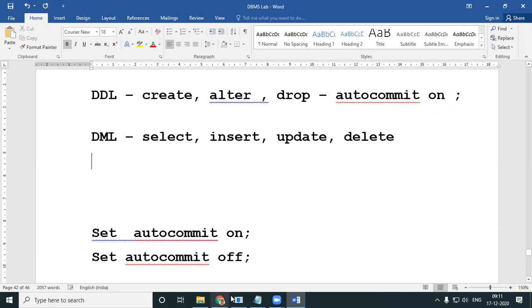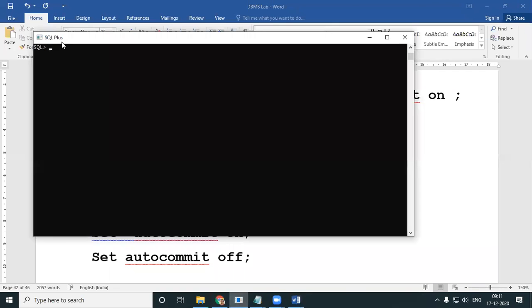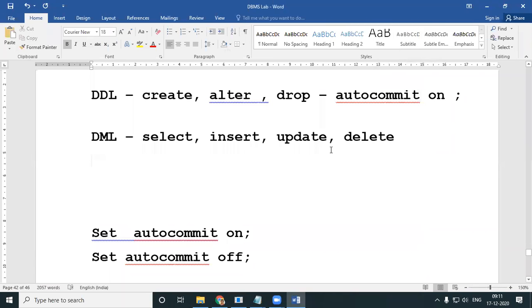Okay, so people who are abruptly switching off their SQL plus with the exit window, exit button over here, you might be having problems like, you call up me and tell, ma'am, I deleted an entry, but it was not deleted. I inserted an entry, it wasn't inserted. So that is when I tell, after you insert, after you delete, you give a commit, it will happen. Okay, that is because set auto commit would have been off in your machine. So let's simply work on all that.